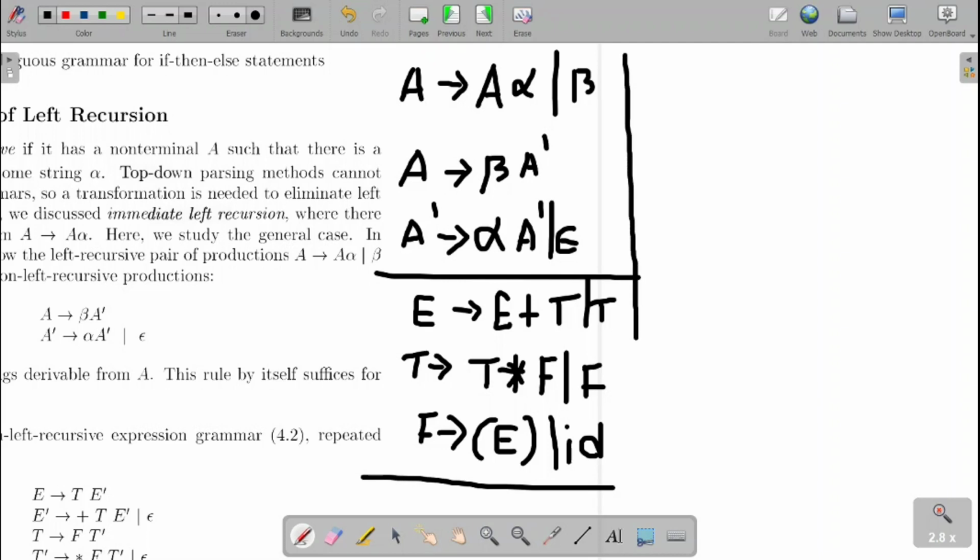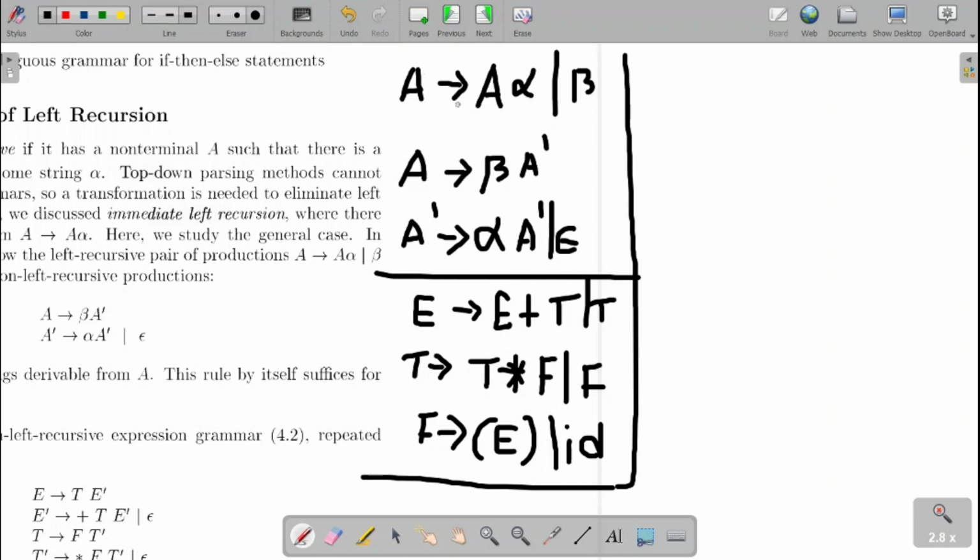Now let us check whether the grammar has the left recursion or not. We are discussing the immediate left recursion, and I will come back to the indirect left recursion in the next example. What do we mean by immediate left recursion? The root of the production and the first symbol in the body of the production are the same. Let us look at the example: E derives E plus T or the T. When I consider E plus T, I have the immediate left recursion.